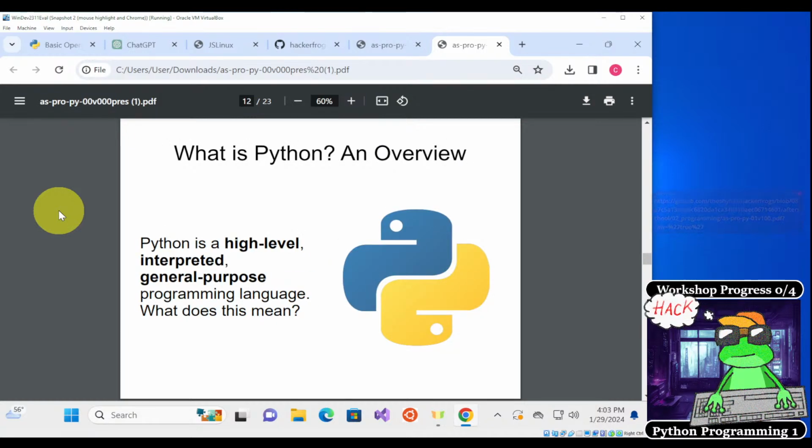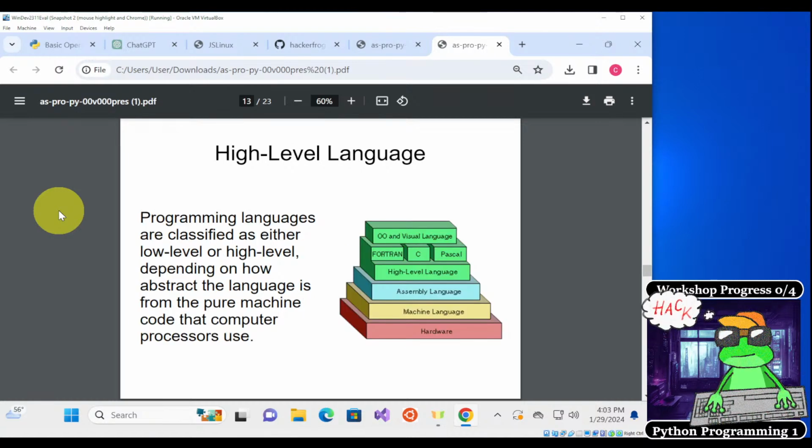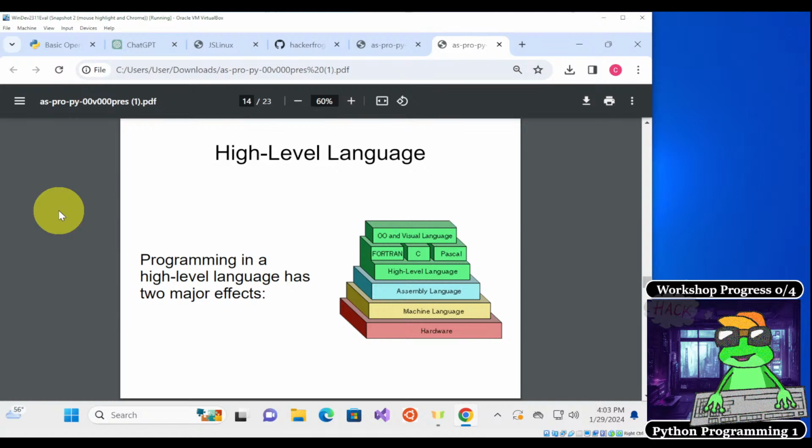Python is a high-level interpreted general-purpose programming language. What does this mean? So programming languages are classified as either low-level or high-level, depending on how abstract the language is from the pure machine code that computer processors use. Programming in a high-level language has two major effects.